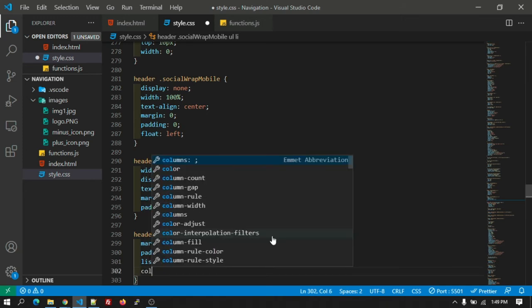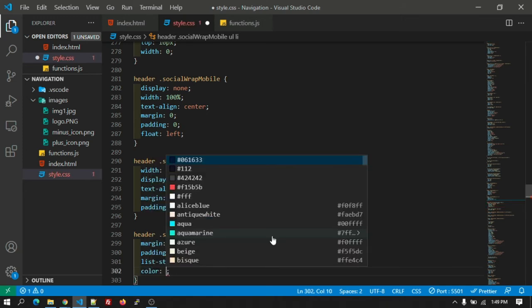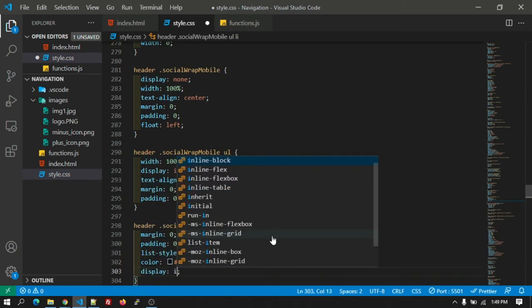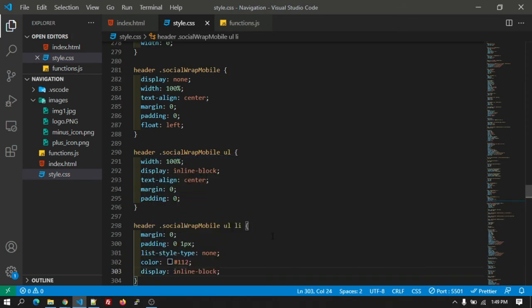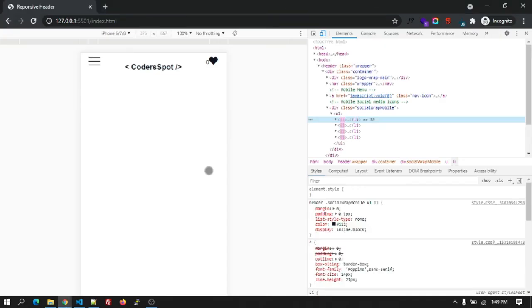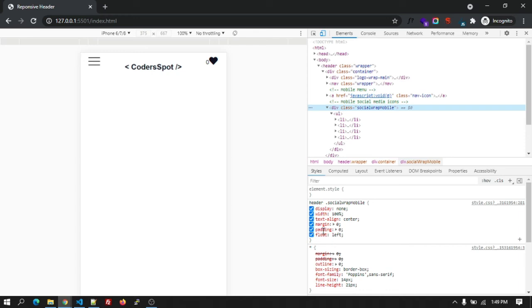The color will be hash 112, and the display inline block. Okay, so let's remove the display none from here. So this is how it is looking.